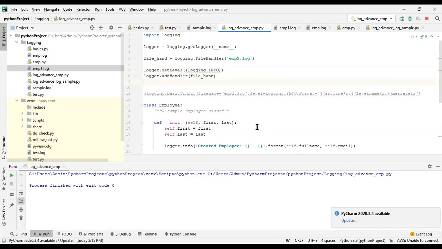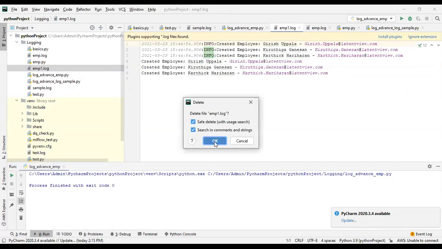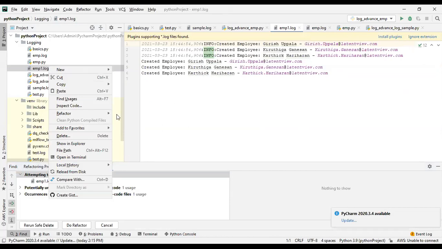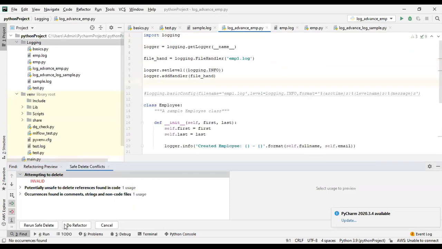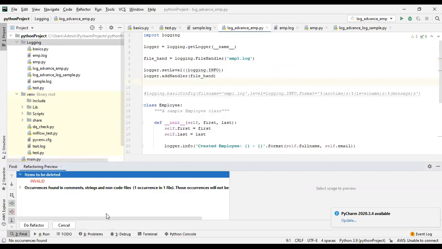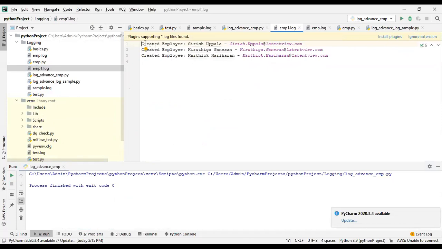Now let me execute. Now you can see I just created an employee with the information.